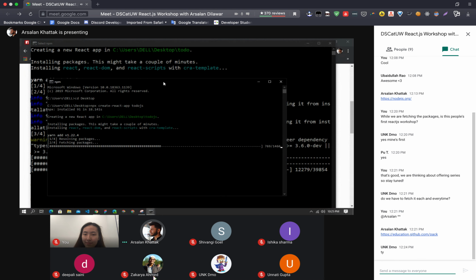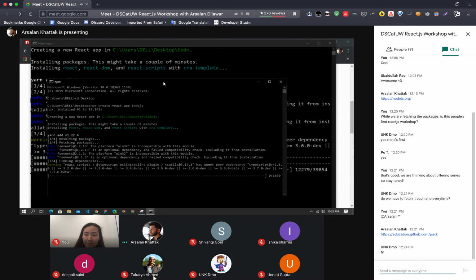If anyone wants, they can also go and install this themselves. So just go and download Node.js for yourself, install that, and then use npm create react app, space, the folder name, and that will do the instructions for you. And if you face any kind of issues, please post that in the chat section.